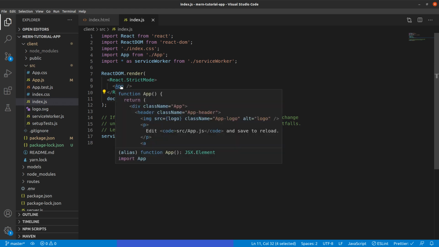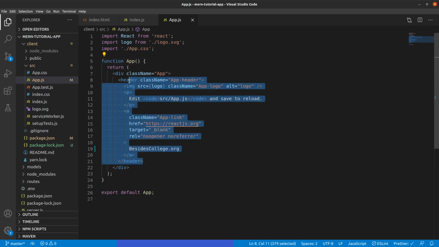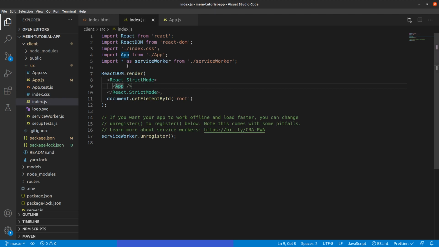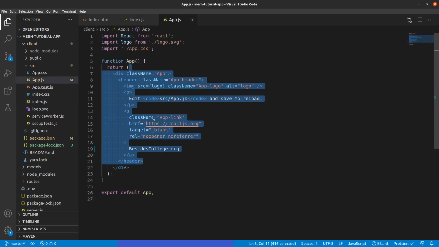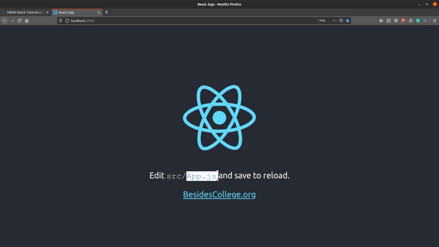Okay, if you open this particular app, then you can see this is the file that acts as the starting point of our application. So we have imported that file here, and the app component is being rendered in the root section. So that is how the link is drawn from index.html to app.js by React.